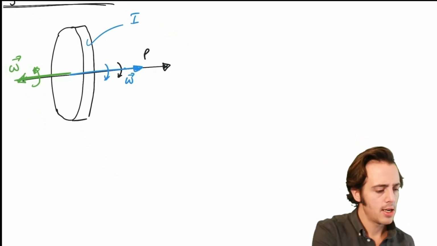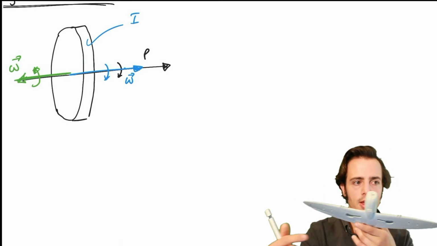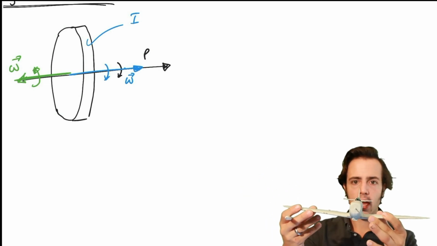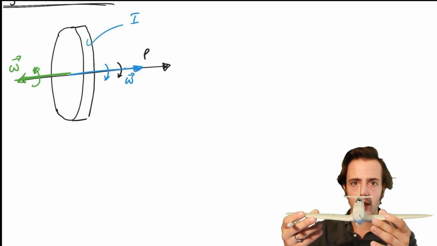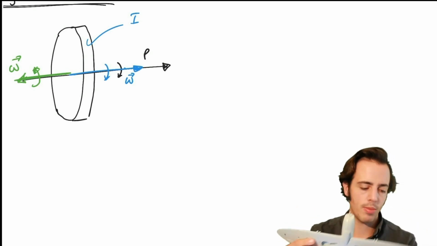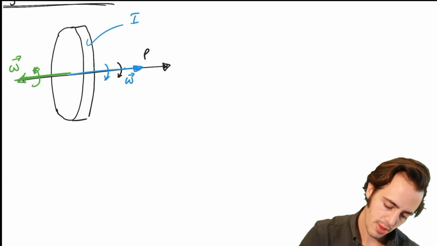I haven't necessarily said, but if we've got a propeller at the front of an aircraft, just like a gyroscope on the bicycle wheel, if the aircraft tries to pitch up, it will have a tendency to yaw because of gyroscopic precession. And the reason that we can describe this as being